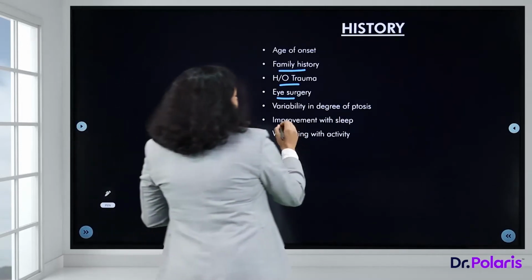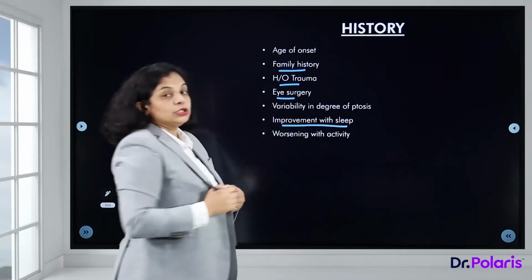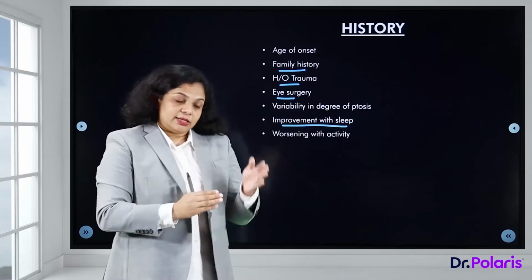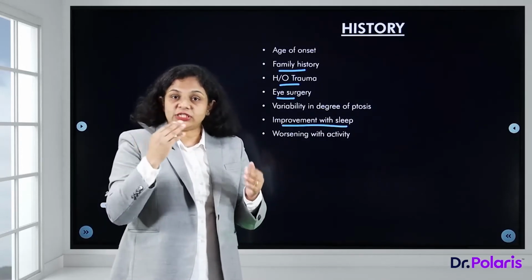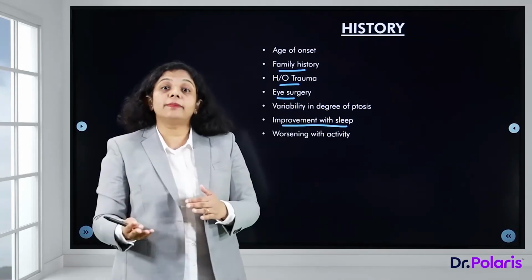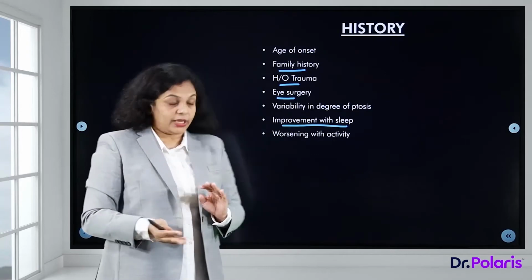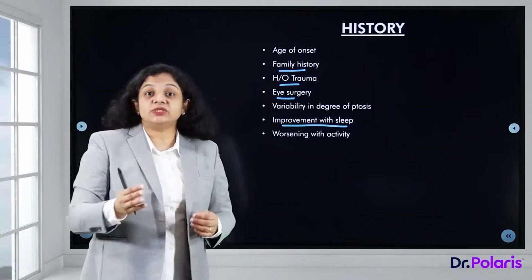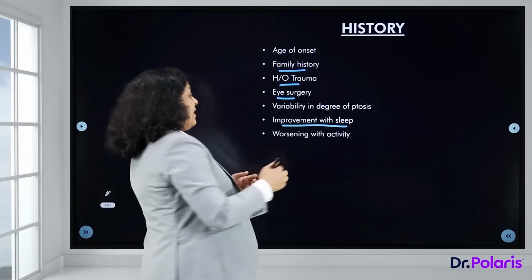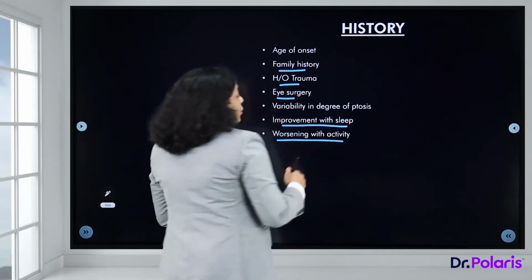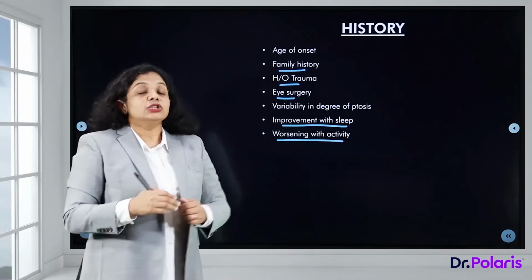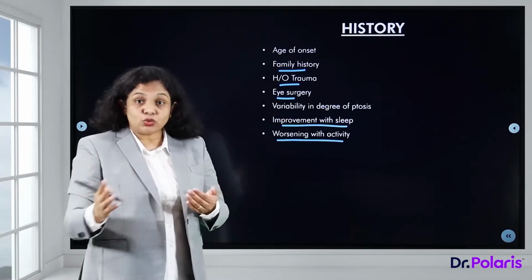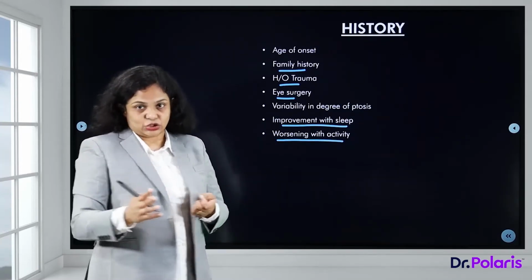If there is any improvement with sleep, so the patient was very sleepy and there was a lot of ptosis, but once he slept and woke up, the ptosis became better. Okay, so those kind of variations we need to note down. If there is any worsening with activity, okay, so these are all things which we are trying to rule out myasthenia as such. Okay,